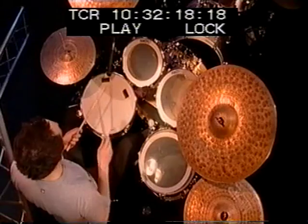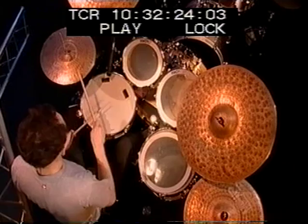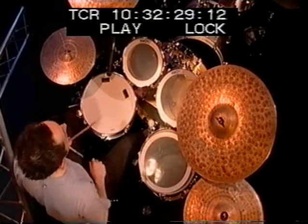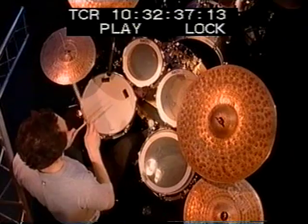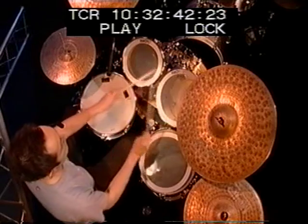So we'll take it nice and slowly. I tell you what, let's just cut it down just a little bit first. We'll just do 1.5 bars worth of groove rather than 3.5 bars. Okay. 1 and 2 and 3 and 4 and... Just watch your speed. 1 and 2 and 3E and a 4E and a...